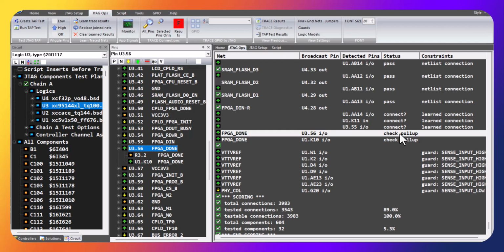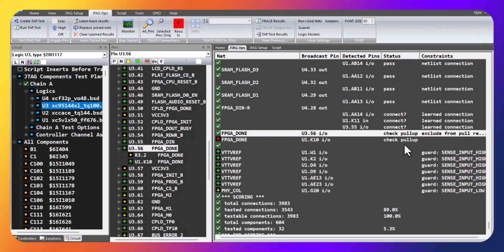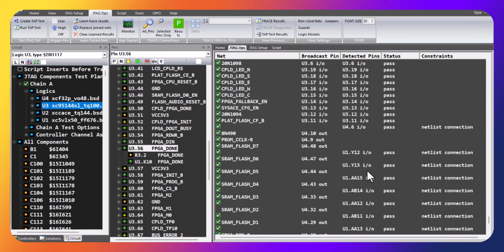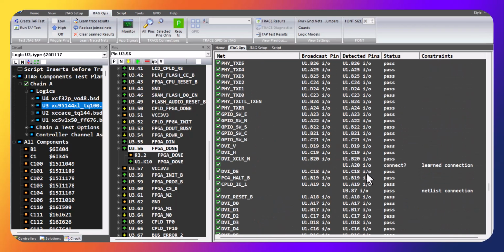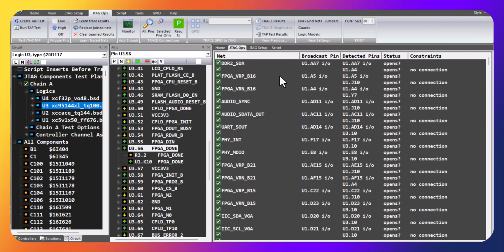For the purposes of getting the test going, however, we'll make this a little easier, and we will say no pull resistor test. And that will correct that error, or at least address it, maybe not correct it. We'll run the test again and see what happens. Now it passes. So just like that, even with the netlist, we have gone through the whole process of setting up and running a test, an interconnect test, so you can test the structure on your board,